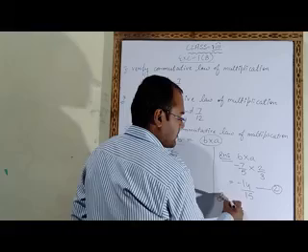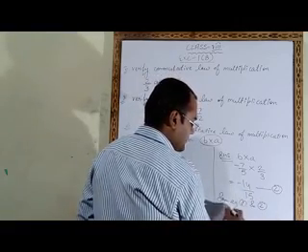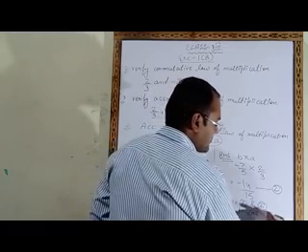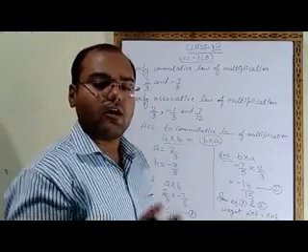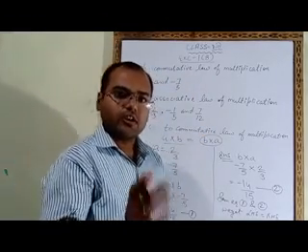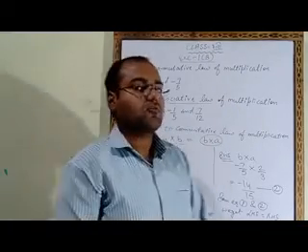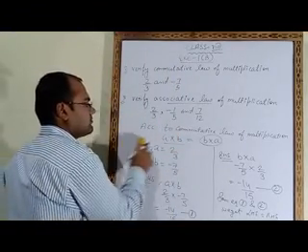So from equations first and second we get that left hand side is equal to right hand side. So like this you have to verify the commutative law of multiplication. Now the next question is verify the associative law. Now what we have to do? We have to verify the associative law. So first of all what we will do?